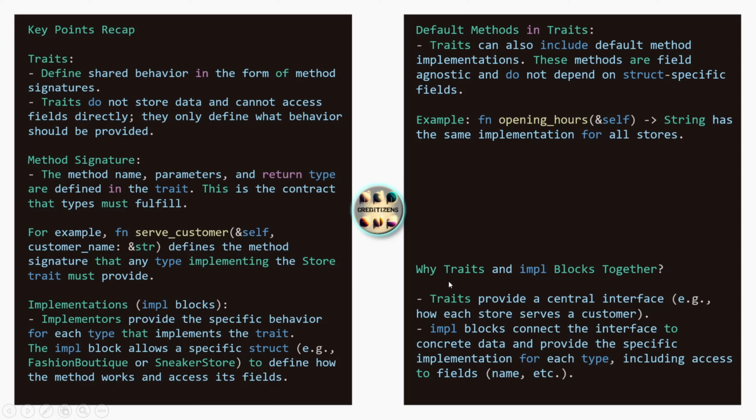Just telling myself, I could just use implementation then. So the trait provides a central interface, for example, how each store serves the customer. Implementation blocks connect the interface to concrete data and provide the specific implementation for each type, including access to fields, name, for example. So the trait itself can't access those fields, can't store any data, can just define signatures,